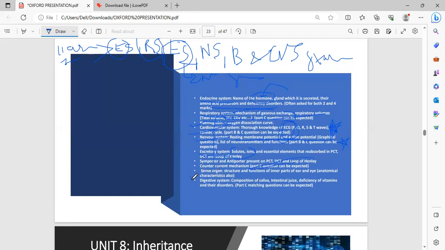After that, sense organs are next important to all these subtopics. In sense organs, what we are going to study is the inner parts of the ear. And next, the eye. And last, the digestive system. In this digestive system, every time we study just organelles, that is the mouth,